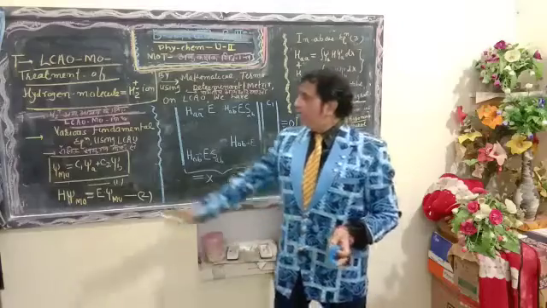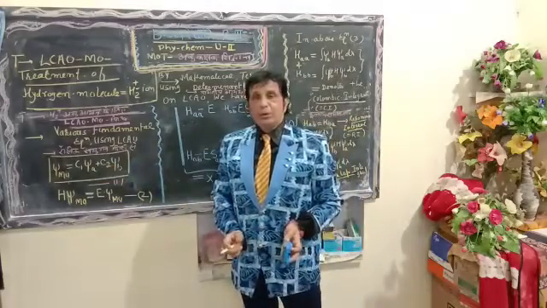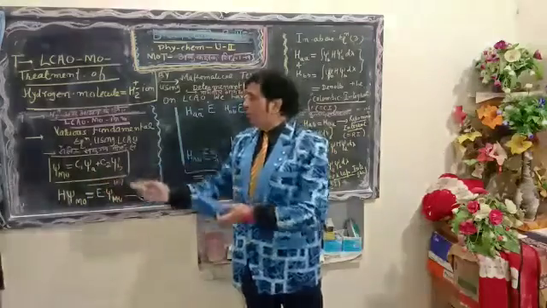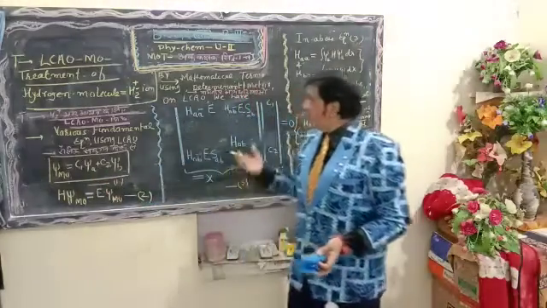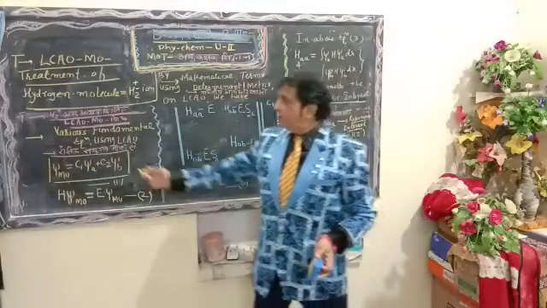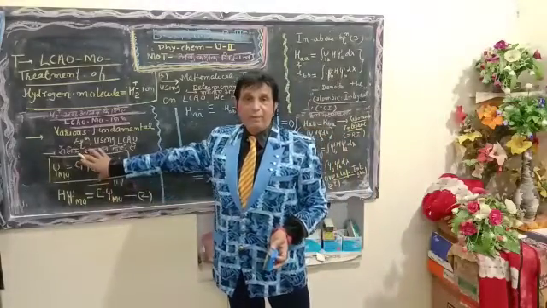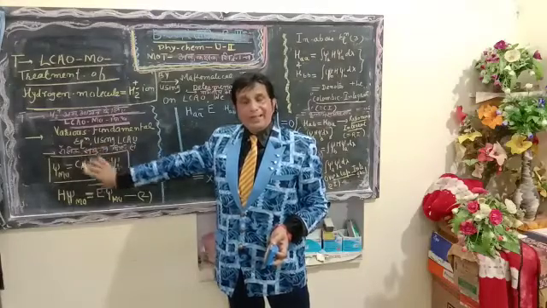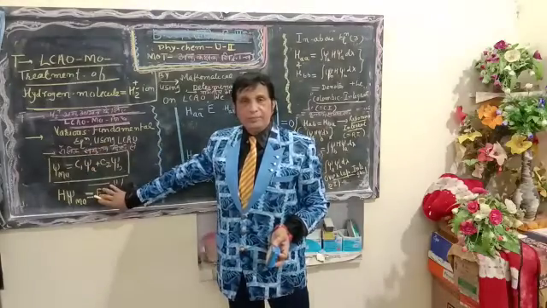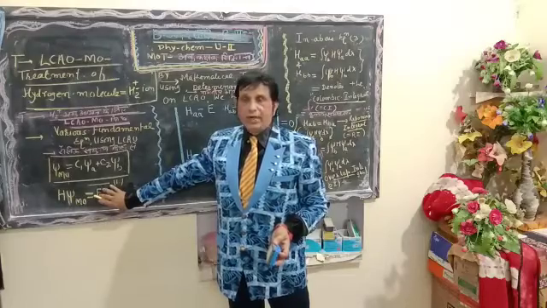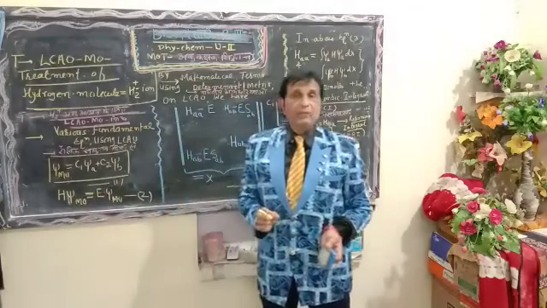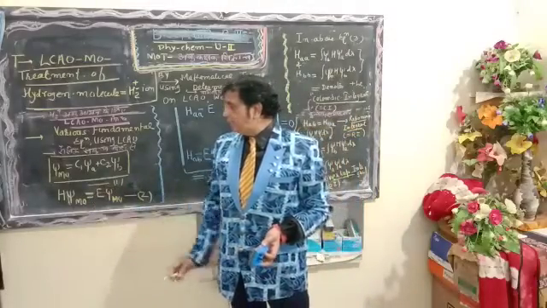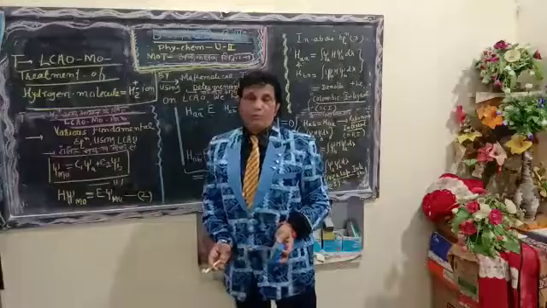We assume the molecular orbital psi can be written as C1 psi A plus C2 psi B. In our previous lecture, we may apply the LCAO treatment by using the Schrodinger wave equation, involving eigenvalue, eigenfunction and eigenequation. One can write H psi molecular orbital equals E psi molecular orbital.